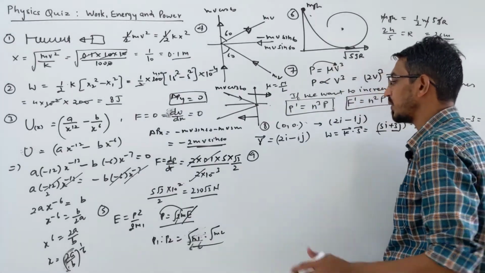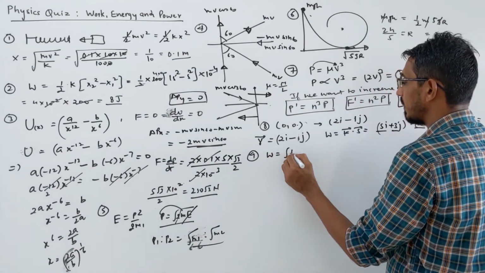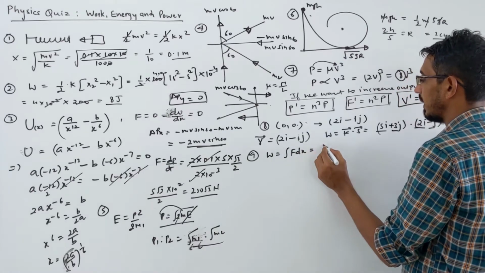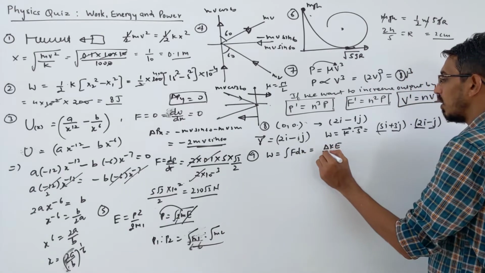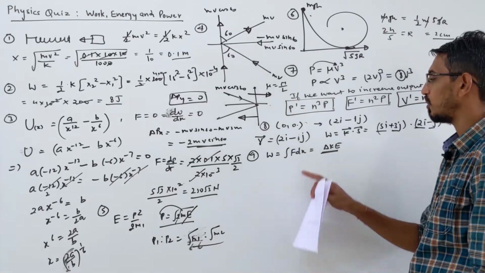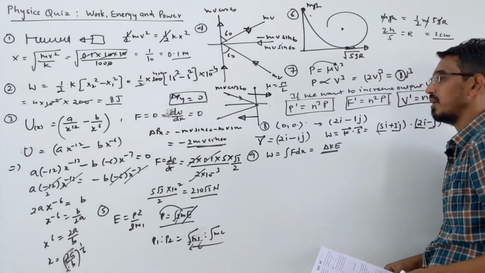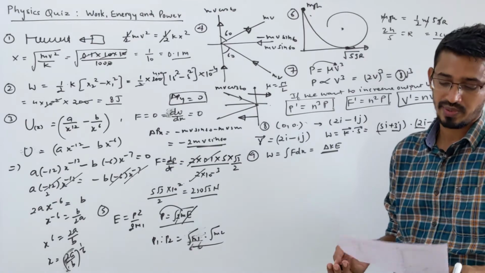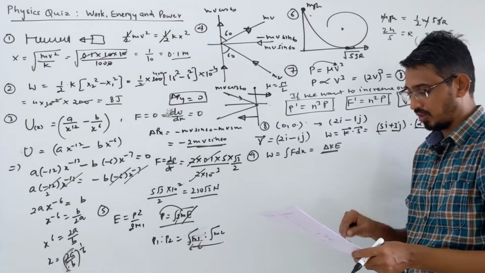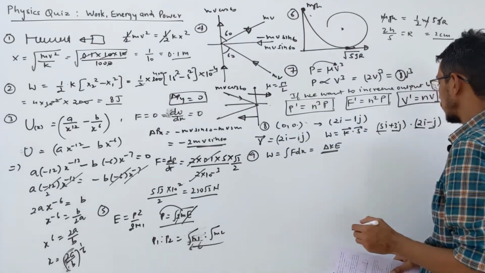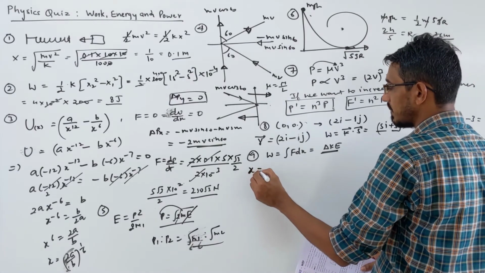So you want to calculate work done, you have many ways. You can calculate the integral of F dx, this method, or you can calculate simply the change in kinetic energy. Always this method is simple, because here you have to do integration. So what you do, you calculate the change in kinetic energy, because kinetic energy is simply half mv square. Mass is given and velocity we can find because they gave the displacement equation. So first what you do, the displacement is given, how much is given?